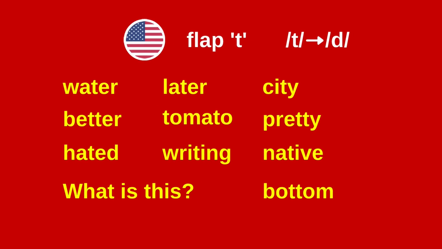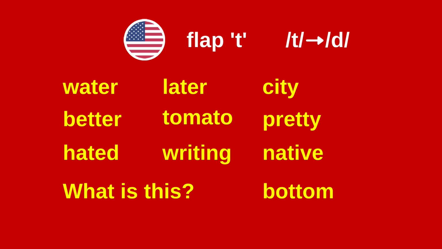Now I hope we can move on to the next important point in pronunciation, that is the flap T. This happens again only in American English. In British English, you don't find this. Here what happens is the T sound is pronounced almost like a D sound in American English. Remember, not every T is sounded like this in American English. This happens when T comes between two vowel sounds. I'll try my best to read this in the American way, because I hope you know how these words are pronounced in the British way, because you see T and T is pronounced T, just like water, later, city, better,